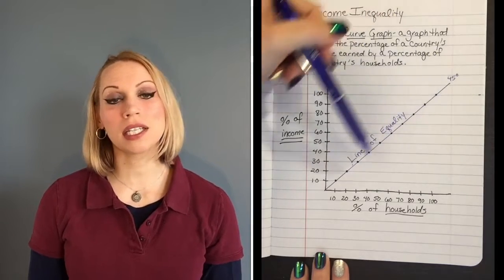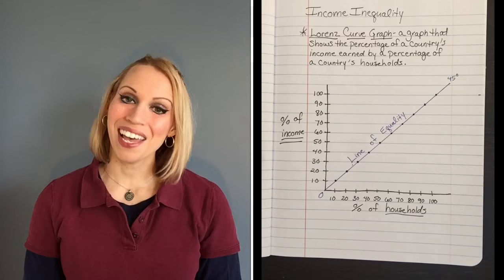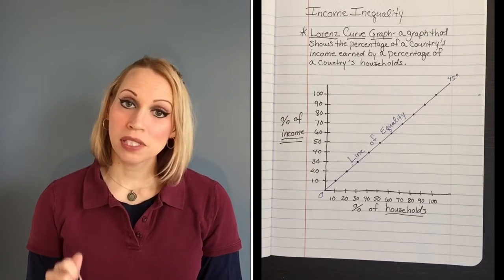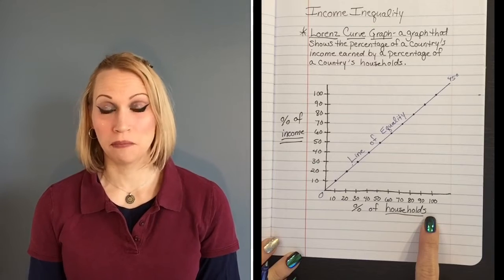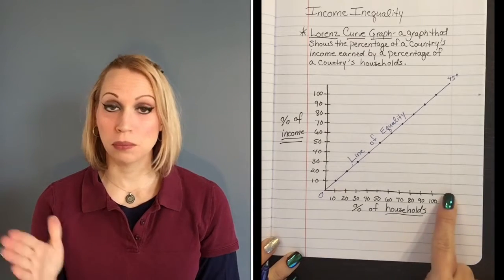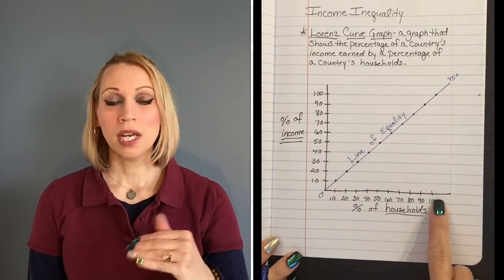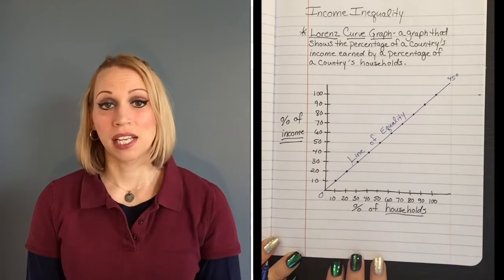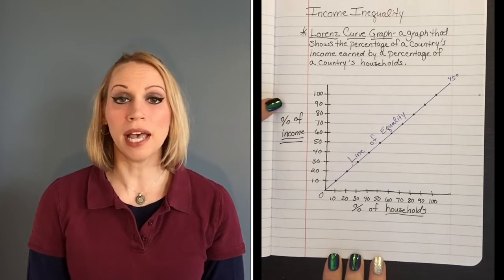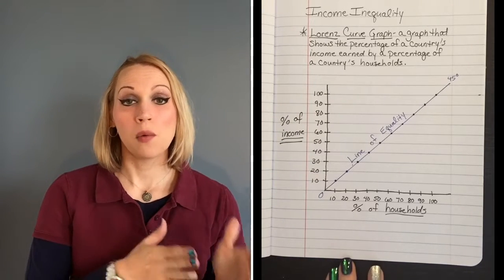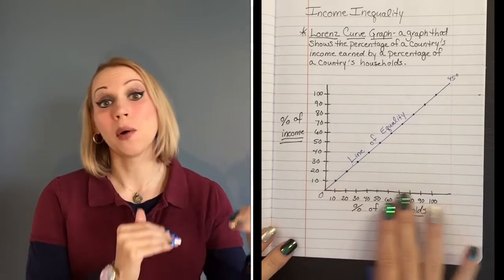Now take a look at the labels on our Lorenz curve axes. On the x-axis, that represents the percent of households in the country. So we have 10%, 20%, 30%, all the way up to 100%. And then on the y-axis, that is the percent of income. So what we're really looking at on this graph is what percentage of a country's households is earning how much